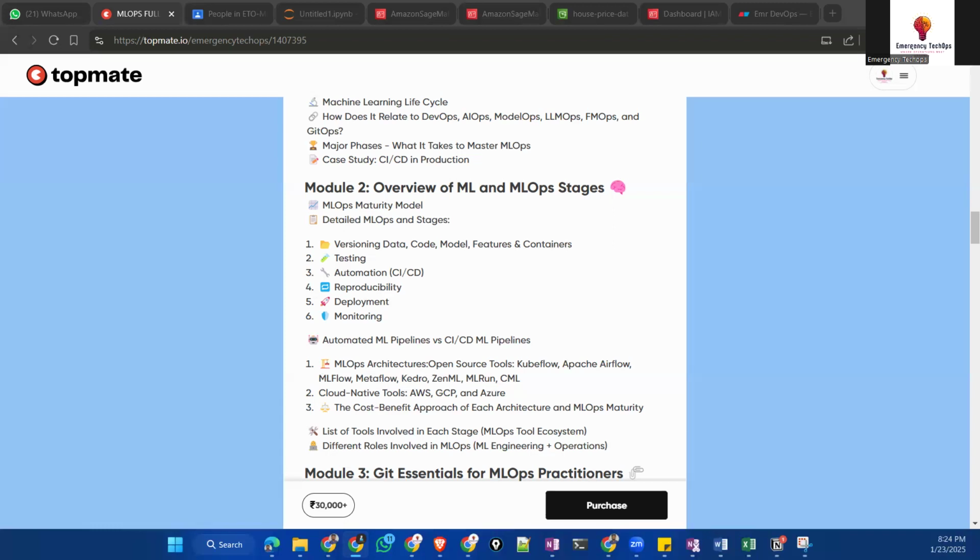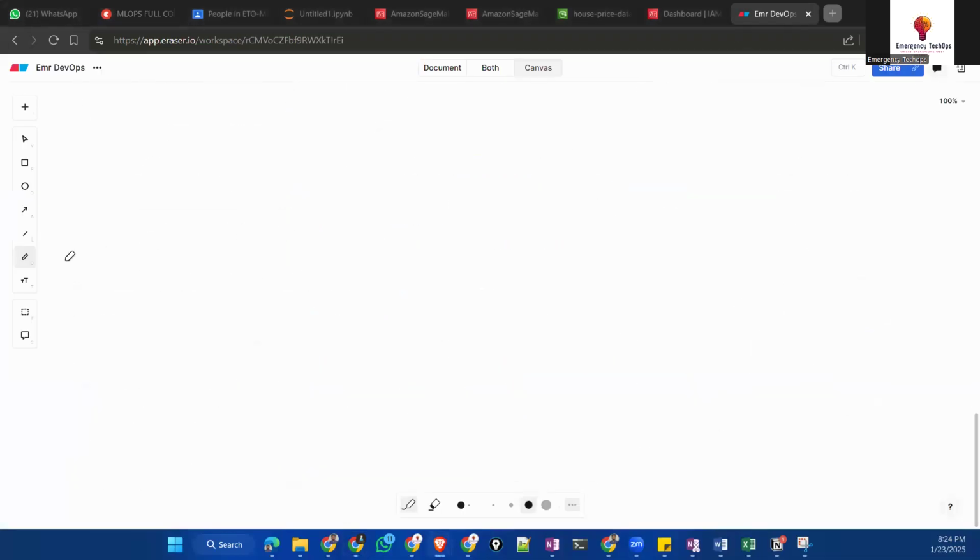What happens in the detailed MLOps stages? There are a few stages, the same as in DevOps, which is why it's a combination of DevOps and MLOps. First, initial.